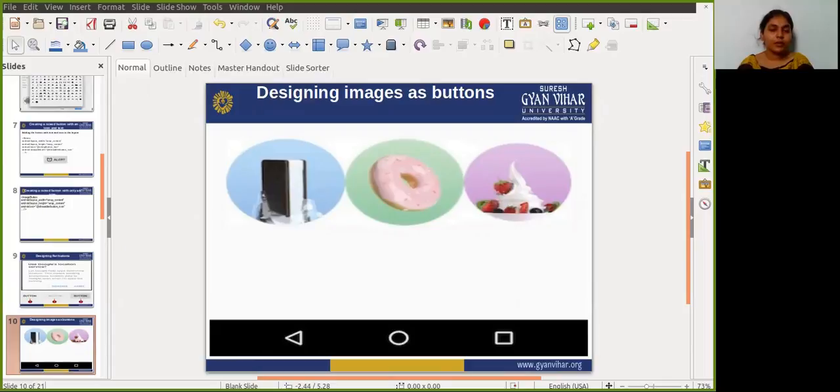For more information about drawable resources, you can check the drawable resource in the app resources section of the Android developer guide. If you are using multiple images as buttons, arrange them in a view group so that they are grouped together.